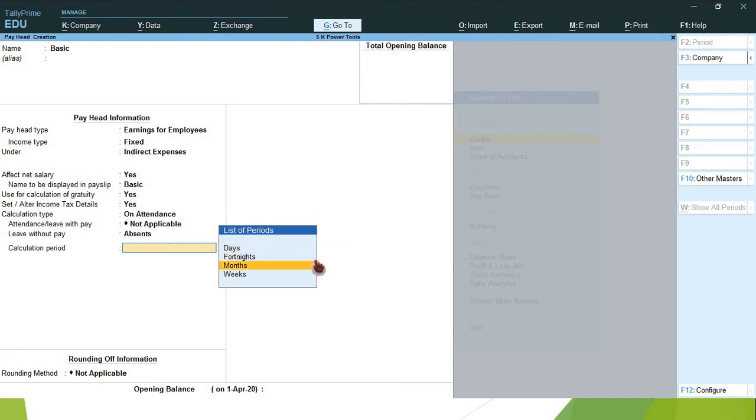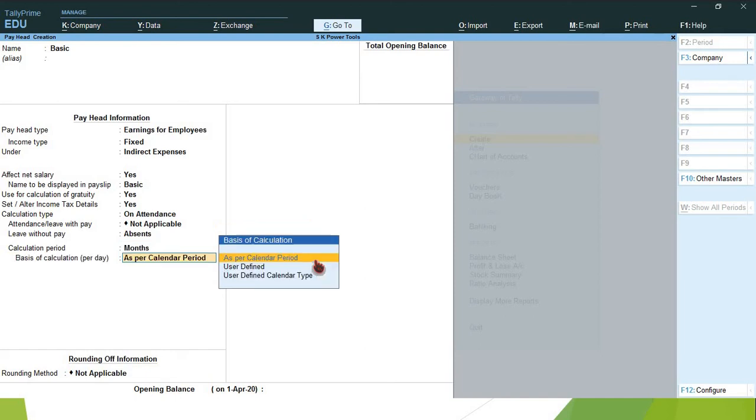If it is daily wages, select days. Suppose you pay the salary fortnightly, that means 15 days, then you select fortnight. If you pay monthly, you select month. Suppose you pay weekly, select week. So here I am taking months.